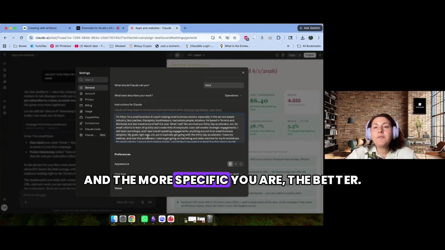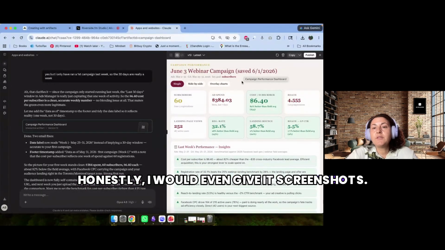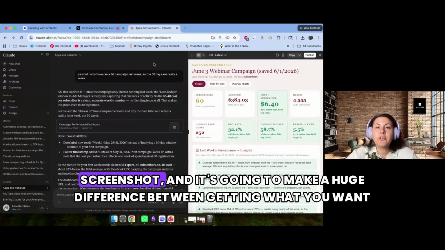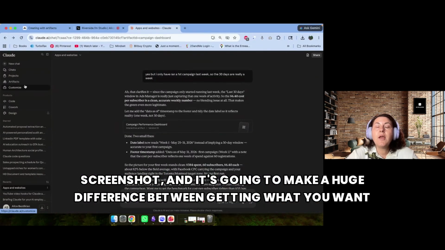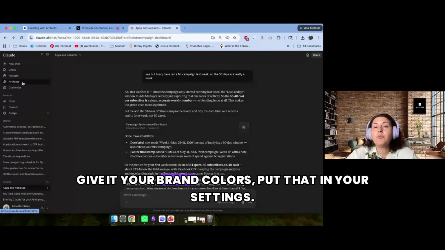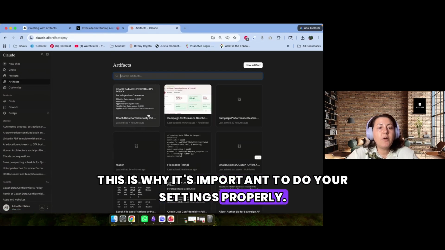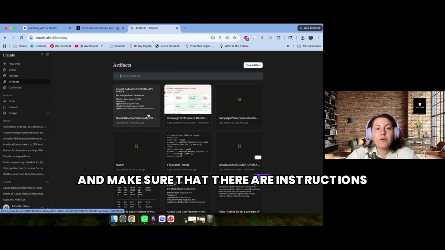And the more specific you are, the better. Honestly, I would even give it screenshots. If there's a tracker you like or a dashboard style you like, give it a screenshot, and it's going to make a huge difference between getting what you want and what you don't want. Give it your brand colors, put that in your settings. This is why it's important to do your settings properly and make sure that there are instructions